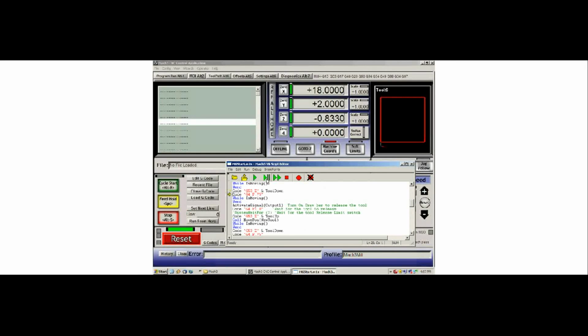The tool goes down with that code, and we're waiting. You saw the LED over here flash for the pause, and then we're going to set our output, and then we're going to wait. You saw that flash again. Now we're going to move our tool up,